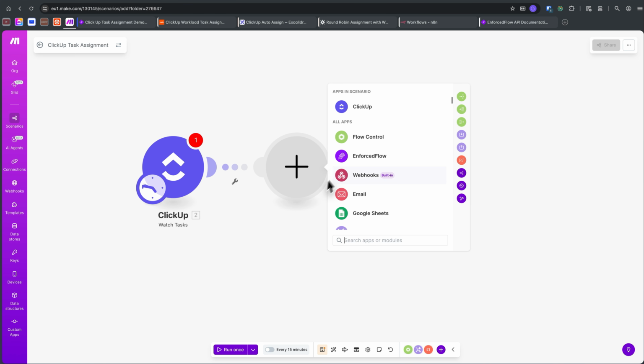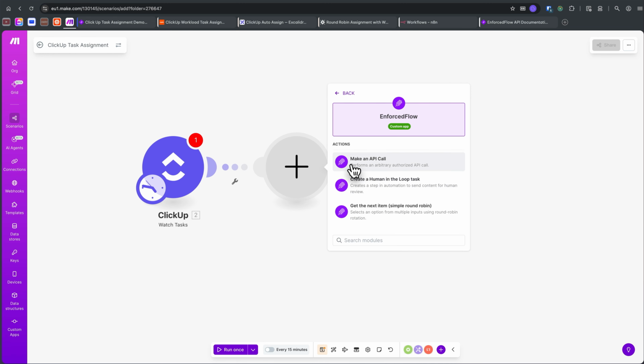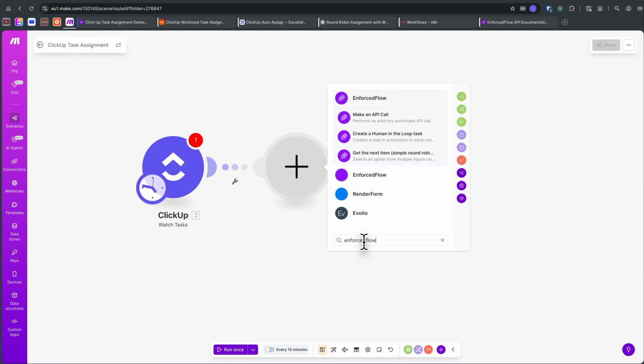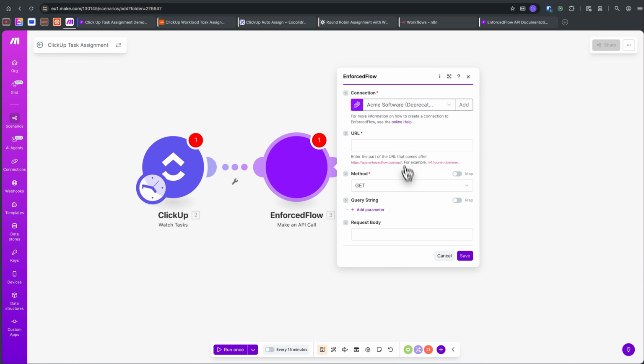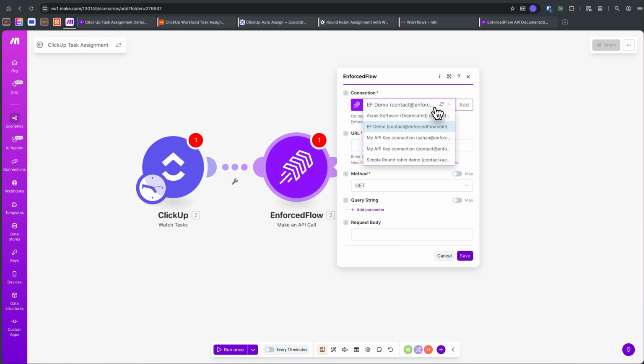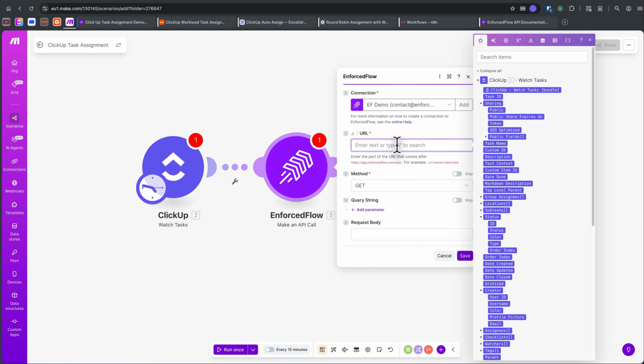And then the next one is, we are calling EnforcedFlow. In Make, we have a module for EnforcedFlow. If you don't see it, just search for it and it should show up. And what you need to select is make an API call. Now I already have a connection set up here. And for the URL, head over to